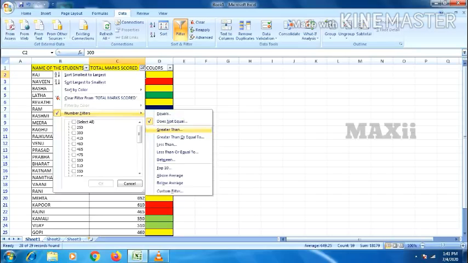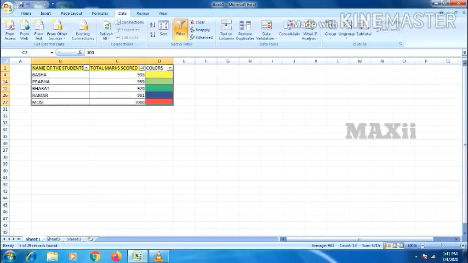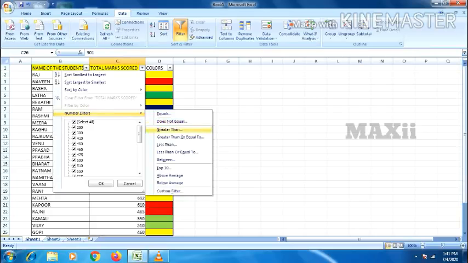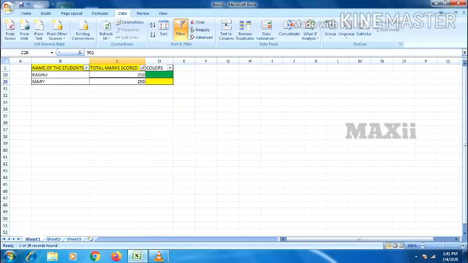Now I am clicking greater than. I want the marks of those who scored more than 900. Greater than 900, so 900 will not come; from 901 onwards it will come. I click OK. I got 5 candidates who got 935, 950, 920, 901, 1000. Similarly, you can also check greater than or equal to, less than or equal to. I want the names of candidates who scored below 300, less than 300. Give OK. Two people have got below 300, Raghu and Mary.